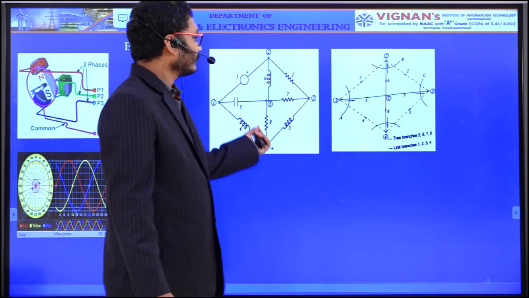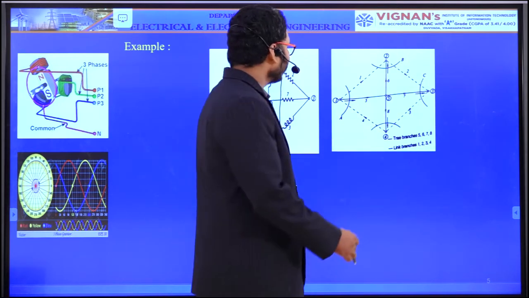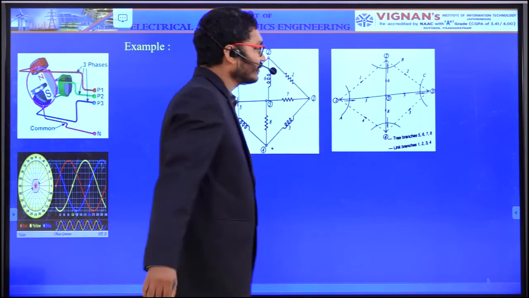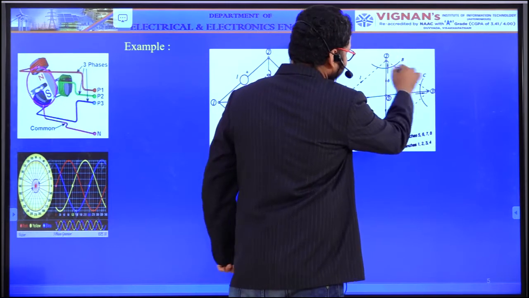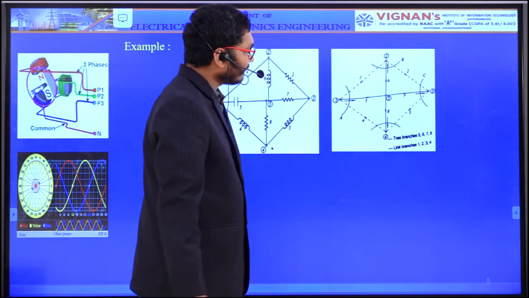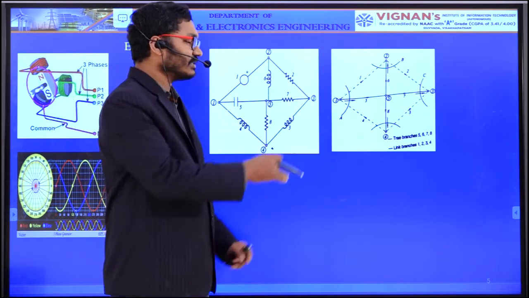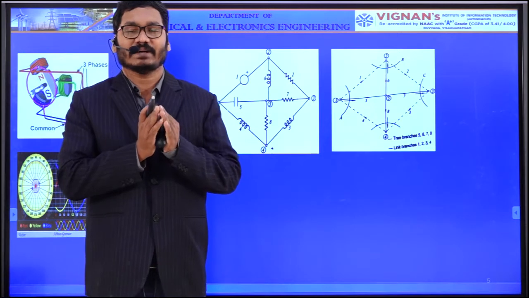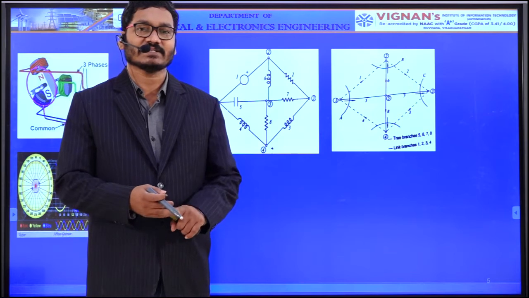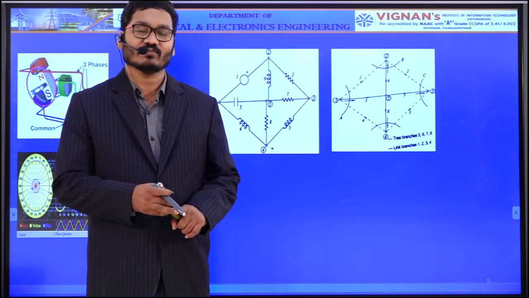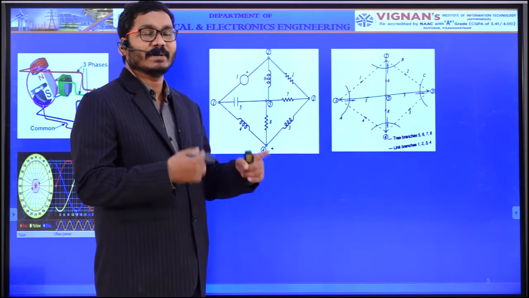So that graph directly I am taking as the cut sets. Just form, it should not form a closed path. These branches are the links. Now we have already been told what a cut set is. Cut set means by cutting a graph you should get two parts. A basic cut set means that when you are cutting, only one tree branch is there and the remaining branches are links.